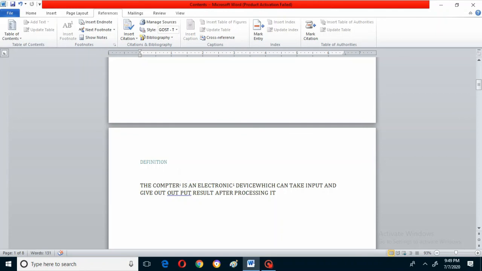Understood what is the difference between Insert Footnote and the endnote? Footnote means it will show the meanings, or the description of whatever particular word you are selecting, at the bottom of the page. Insert Endnote means it will be at the end of the document, the last page of the document. And Show Notes means if you just click there, it will make you scroll the pages, right?